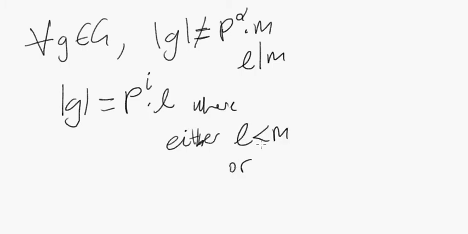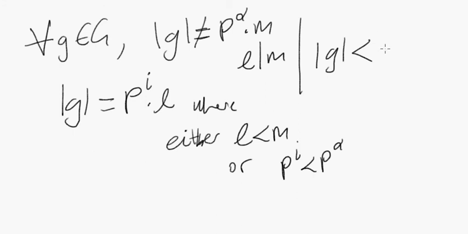That is, because Lagrange's theorem tells us that the order of G must divide the order of the group. If order of G divides P to the alpha times M, but the order of G does not equal P to the alpha times M, aren't we saying that the order of G is strictly less than P to the alpha times M? But if the order of G is of the form P to the I times L, where L is some divisor of M and P to the I is some power of P, and order of G is less than P to the alpha times M, then